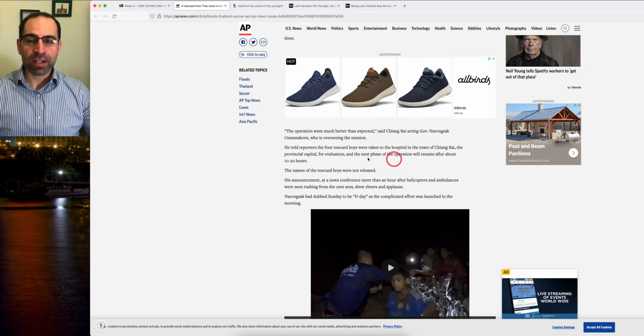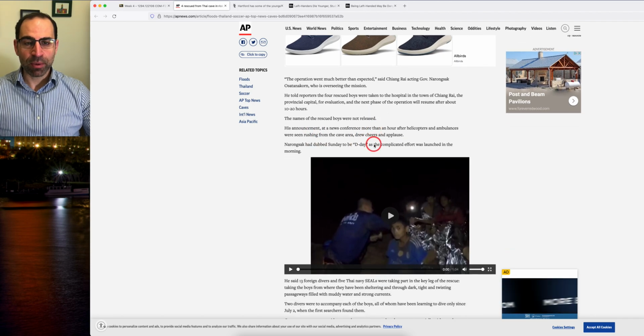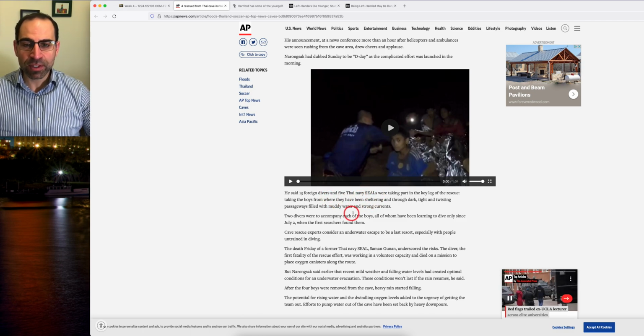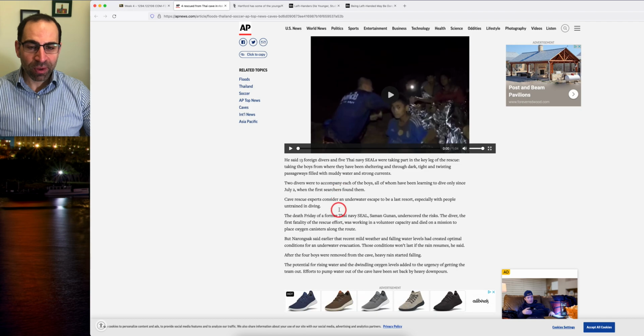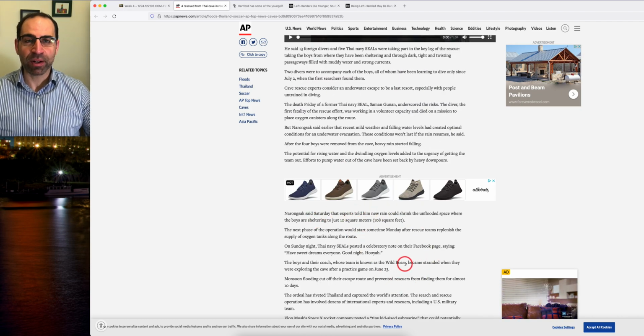Who the boys that were rescued, where did they bring them, how long, the names were not released. I'm just kind of skimming through here to see what else was here. He said how many divers, there were SEALs, their version of Navy SEALs. Why it's so difficult for them to get down, a little bit more on cave rescuing in general, right? I'm just throwing that out here. You can see this is a long story, but these are all just background information, just kind of filling in